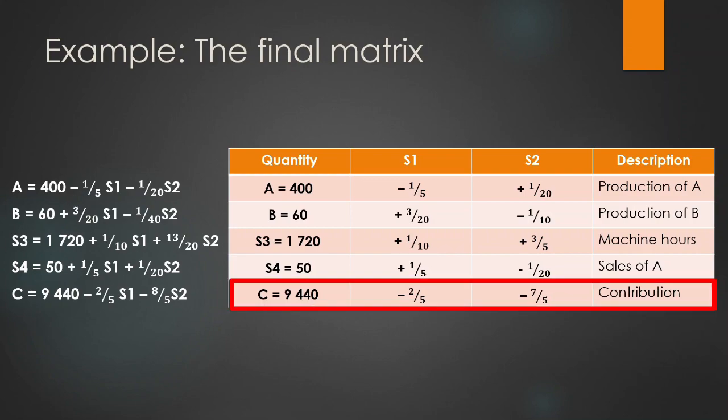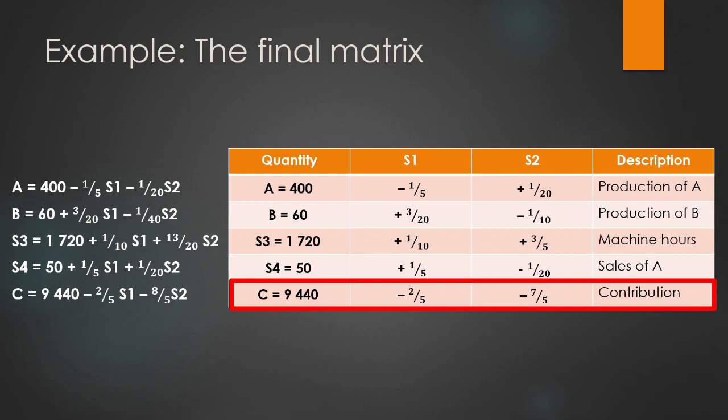Now if we look at the contribution row, we see that both S1 and S2 columns have negative numbers. This means that any changes to our current production mix will reduce the contribution. As we are trying to maximize our contribution, the negative signs in both columns indicate that we have reached our